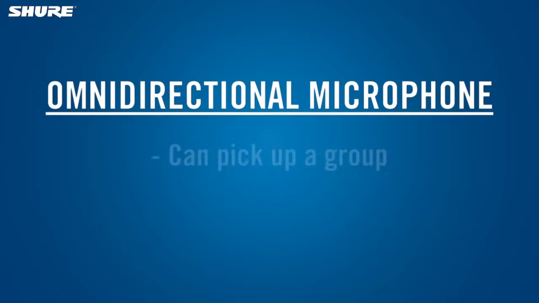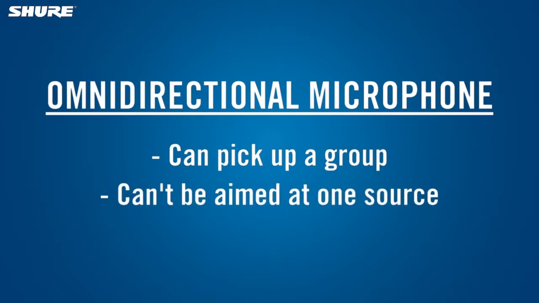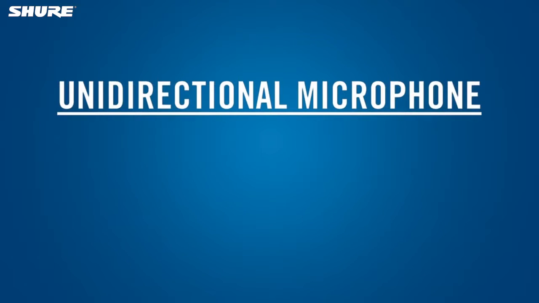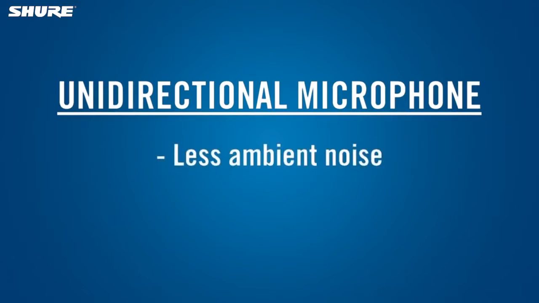An omnidirectional mic can pick up a group of people sitting around a table, but it can't be aimed to favor one source over another. A unidirectional microphone is most sensitive to sound coming from one direction. A unidirectional mic picks up less ambient noise than an omnidirectional type and is less susceptible to feedback when used